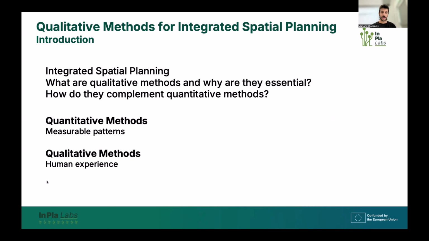As with all methods, quantitative methods have their strengths and their limits, and qualitative methods in a way complement them. So quantitative methods are very strong when it comes to scalable data that tends to be objective. However, they can miss contextual nuances or users' perspectives. So this is where qualitative methods come in,